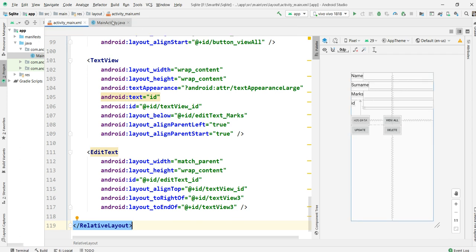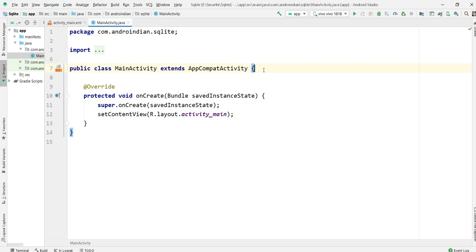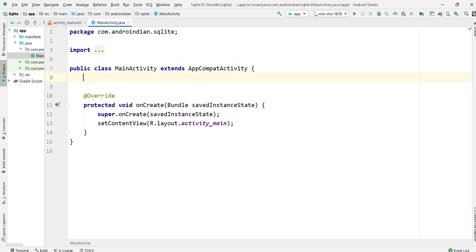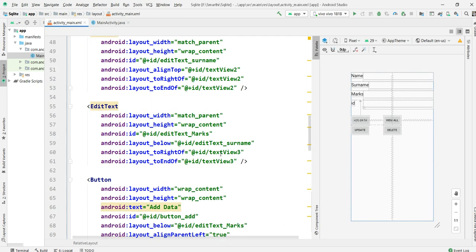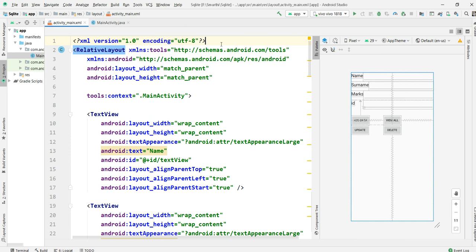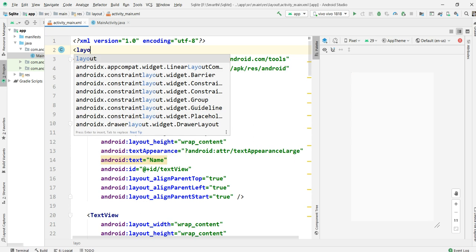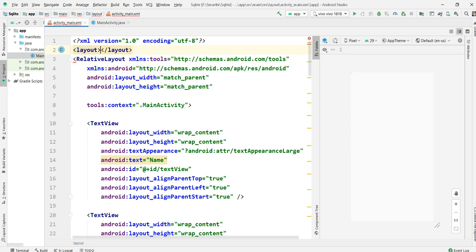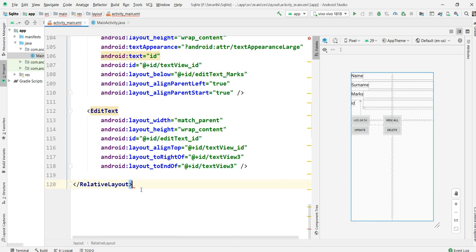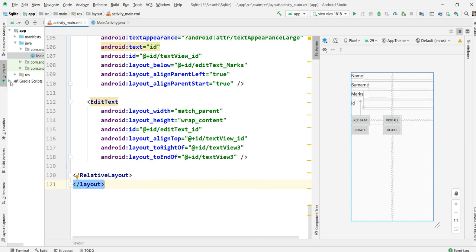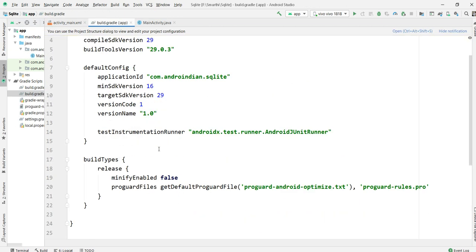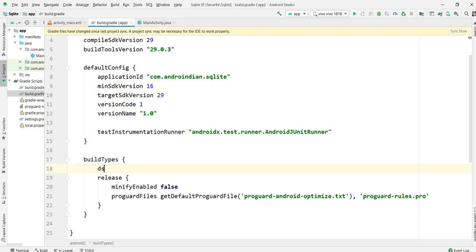See here one by one how it goes. First, data binding is not there for this, so I want to enable data binding. In the Gradle file I'm enabling data binding, so that is dataBinding enabled equal to true.